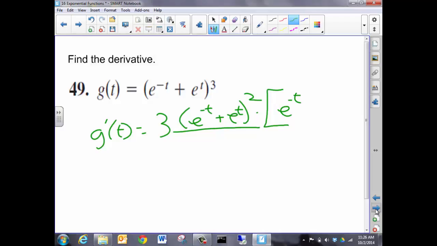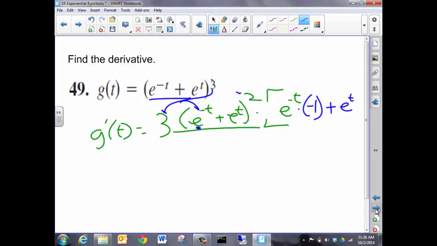I'm just asking, shouldn't it be negative there? The derivative of negative t, e to the negative t times the negative, so I'm just writing that negative there, okay? Look at what we've done. We've done the chain rule and said 3, this thing to the second power. Now, what's the derivative of e to the negative t? It's e to the negative t times the derivative of negative t, which is negative 1,